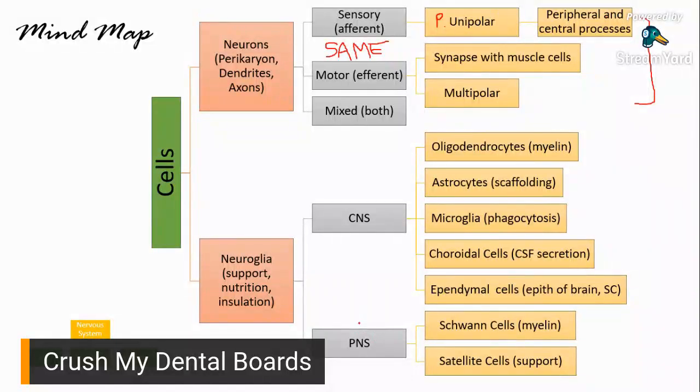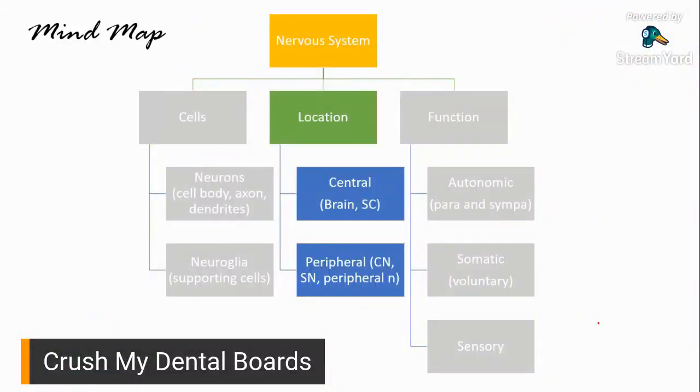And then on the peripheral nervous system, we have Schwann cells, which would produce myelin, and we have your satellite cells for support, for cushion, for protection. And then we also mentioned that Schwann cells are related to your neurolemma. And the neurolemma is the one that would enable your peripheral nerves to regenerate as long as it is intact. Okay? So that's that. We're done with that portion. Now we move on to the next.